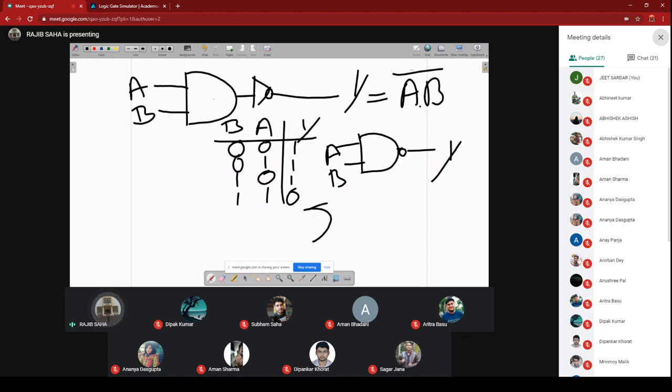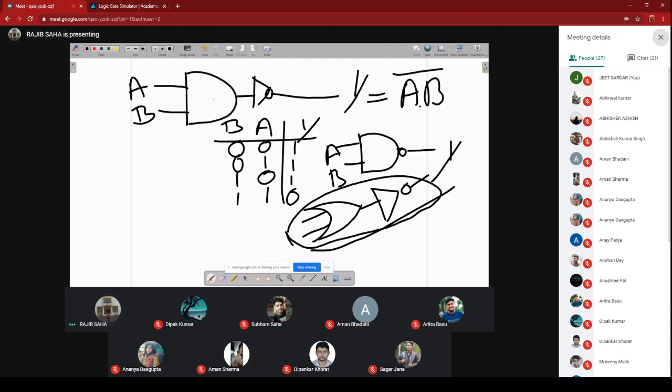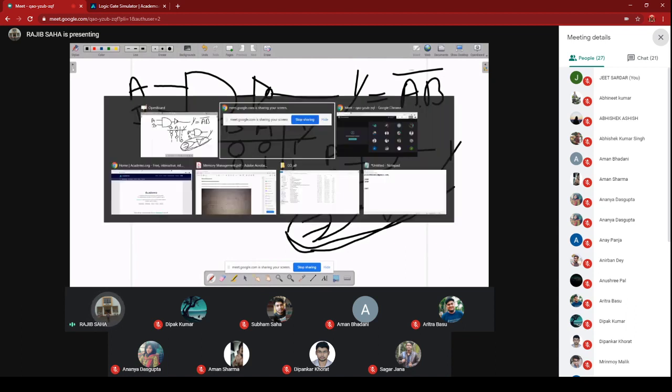I think you know that this is your OR gate, and in front of OR, if we put a NOT, it becomes a NOR gate. So first do it using OR and NOT, and then directly you can do it using a NOR. Let me first do the NAND, and then you can do it.